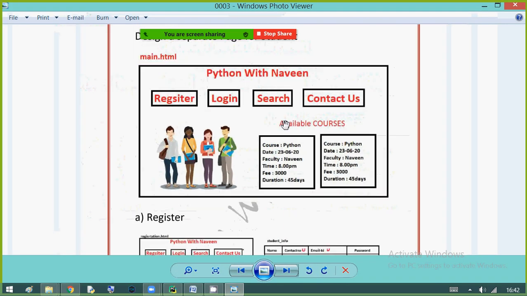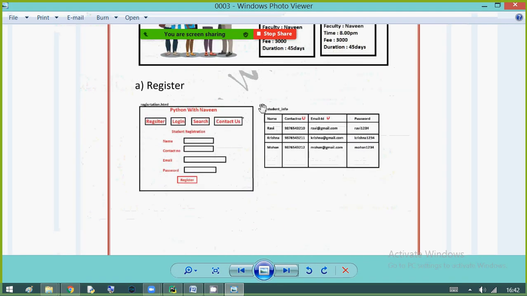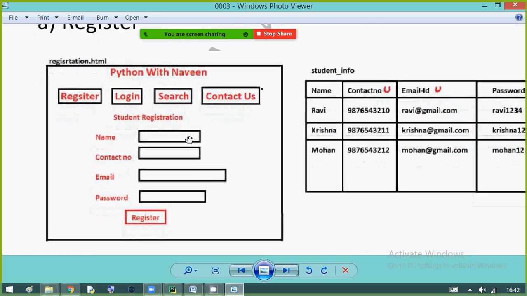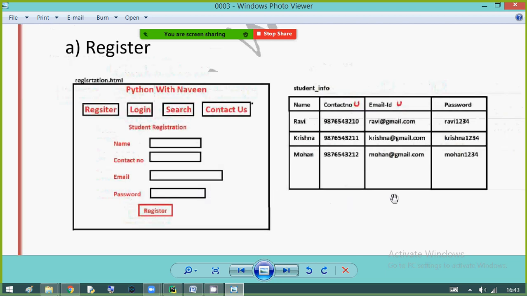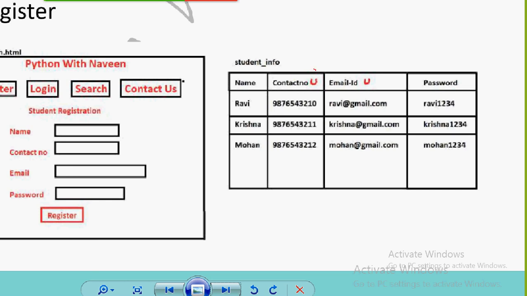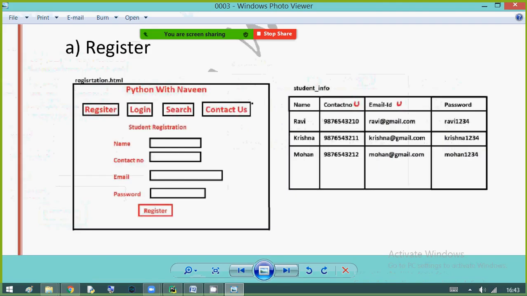Now, scroll down. You can find register. If the student wants to register, the student provides the basic information like student name, contact number, email ID and password. So guys, to understand easily, I have given one simple hint: contact number must be unique, and email ID also must be unique, should not be duplicated.